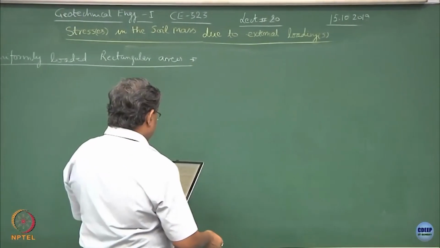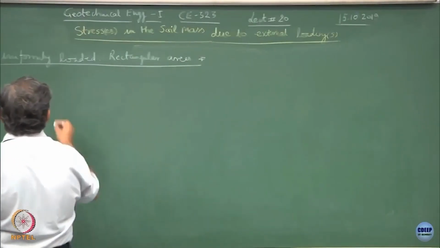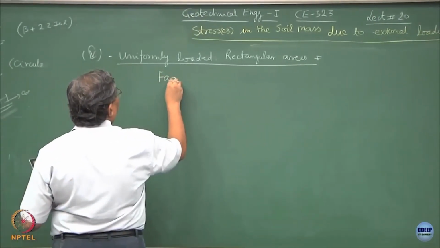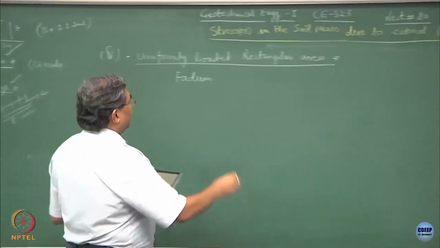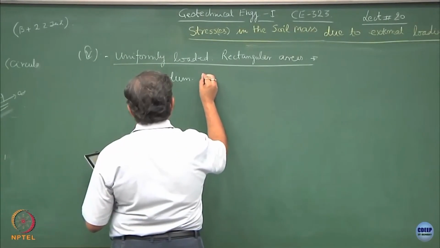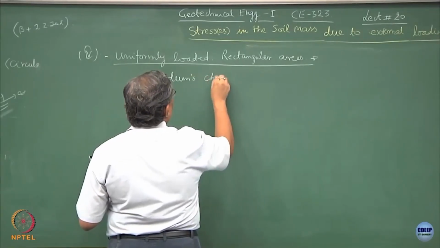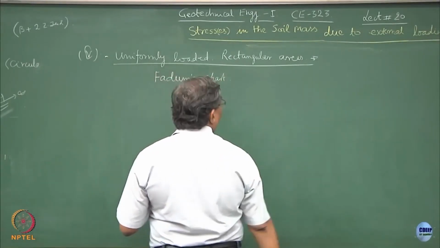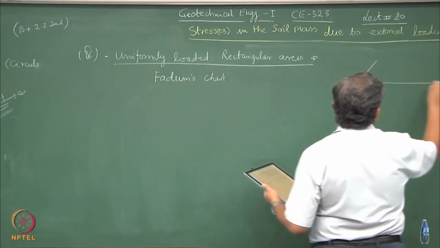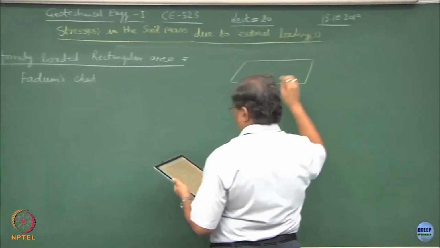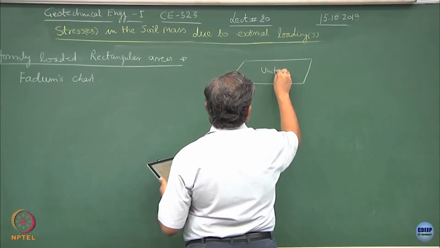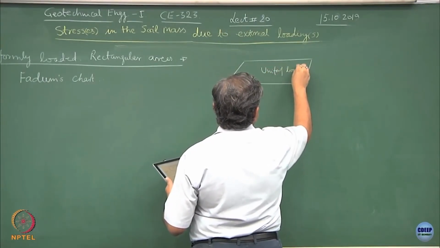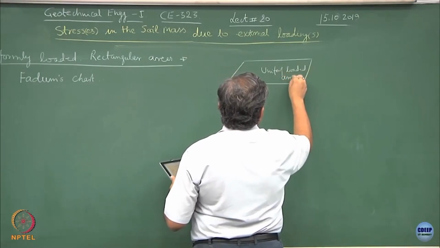To make our life easy, there was a person known as Fadum. This person has already given charts, so we call them Fadum's chart. The beauty of these charts is, if you have a uniformly loaded area which is a rectangle